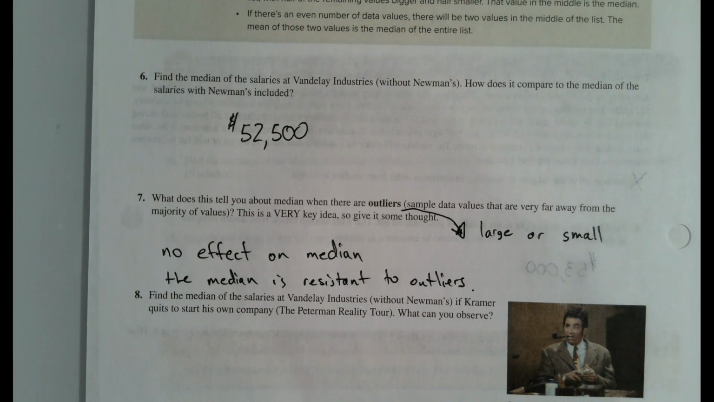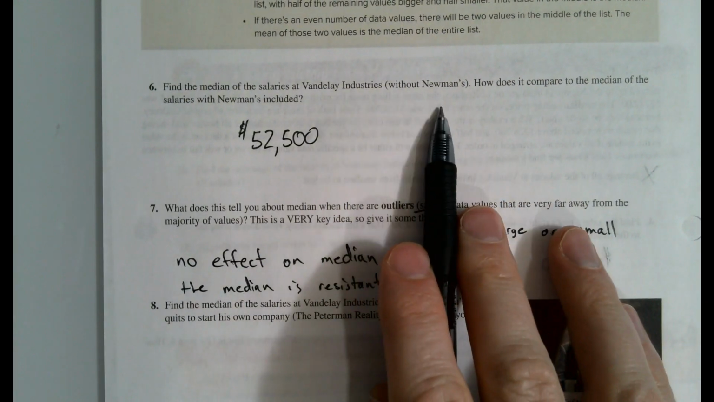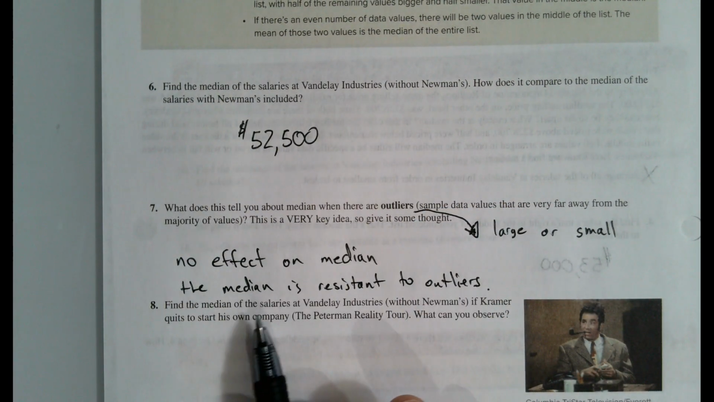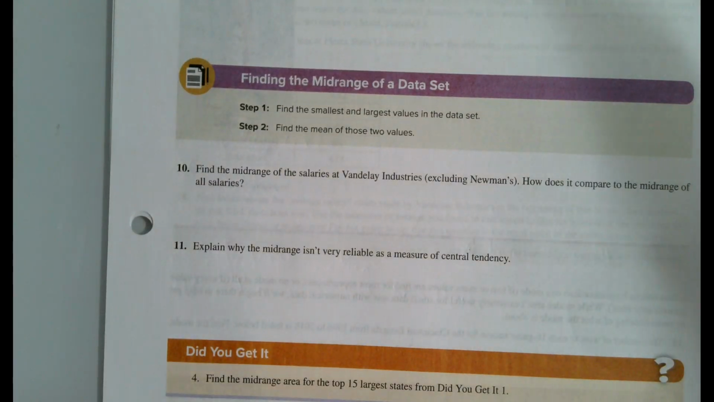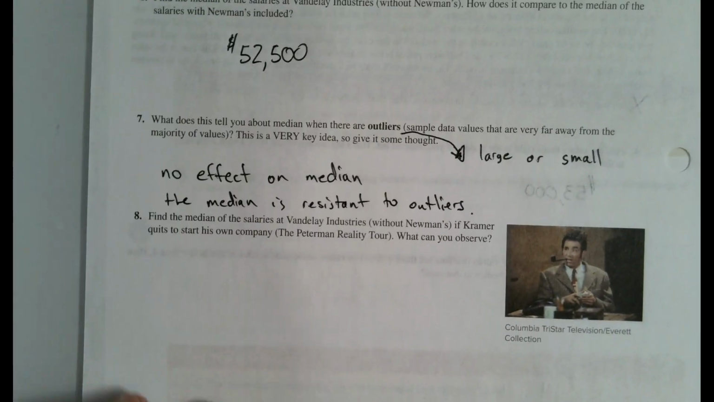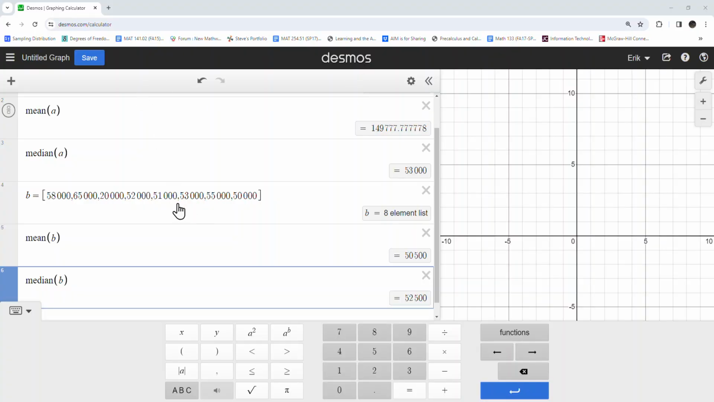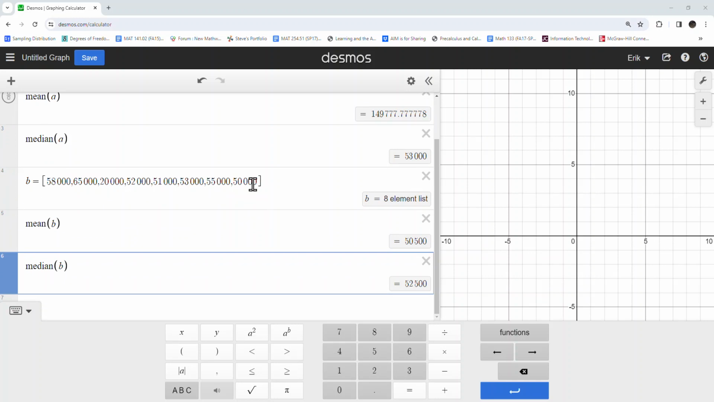So let's see, find the median of the salaries without Newman's. Find the median salary without Newman's if Kramer quits to start his own company. So we're supposed to go back and get rid of Kramer's salary. Kramer's salary was $20,000, I believe. This one. So let's make a new